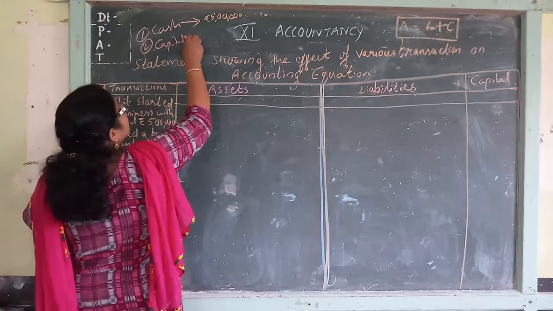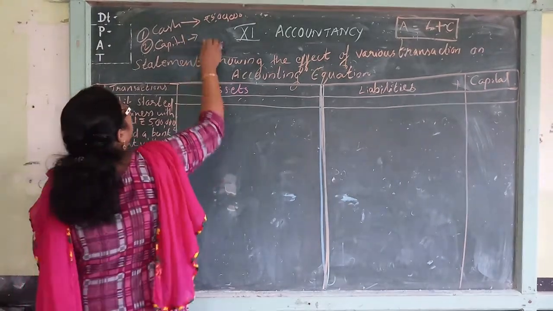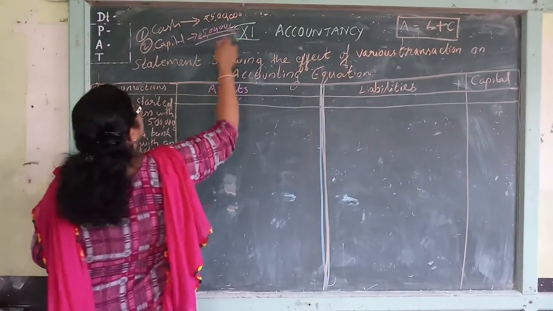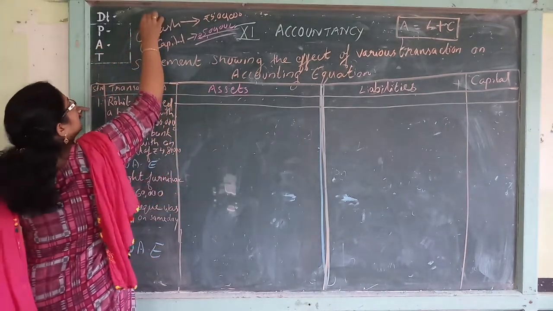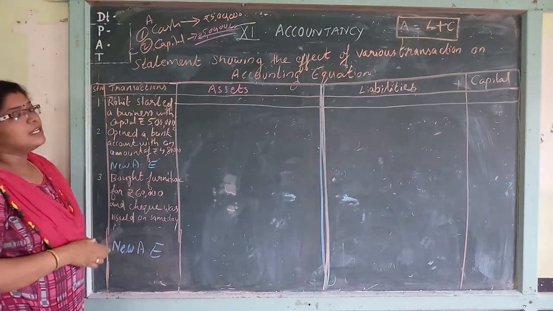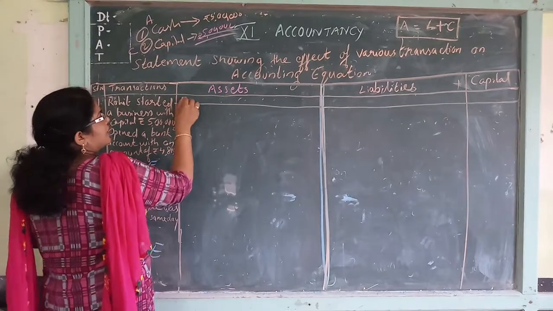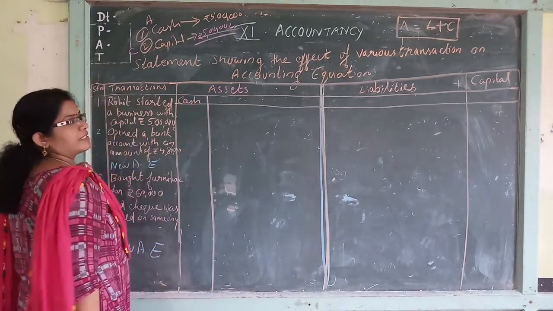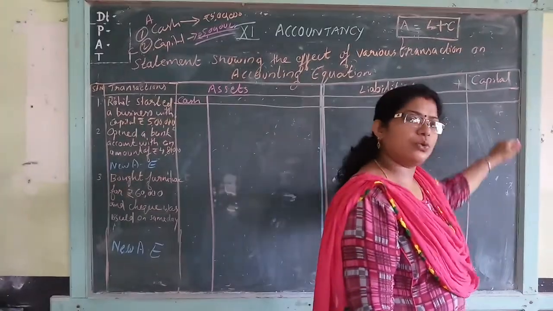So capital also increased by rupees 5 lakh. These are the two effects. How to write it? Cash is an asset, and the other side will be capital. So we are going to enter it. The asset is cash, so I am making one column like this, cash. And I already made one column for capital, so no problem.